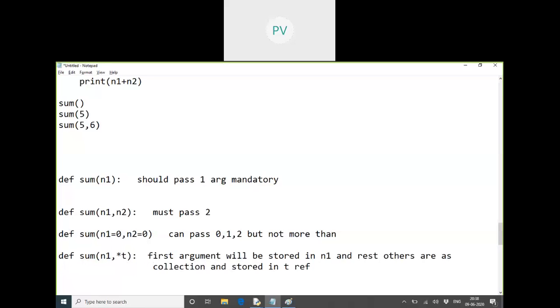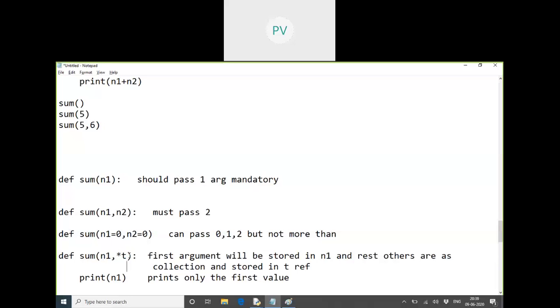So that means this function can now take 1 and more. Now if I just print n1, which value will it print? Only the first value. But the second variable t is talking about the remaining values, whatever you supplied. If you supply 5 values, the first value will be stored in n1, and the remaining 4 values will be stored in the t variable. If you pass 10, the first value will be stored in n1, and the remaining 9 values will be stored in t, like a list or tuple of values.